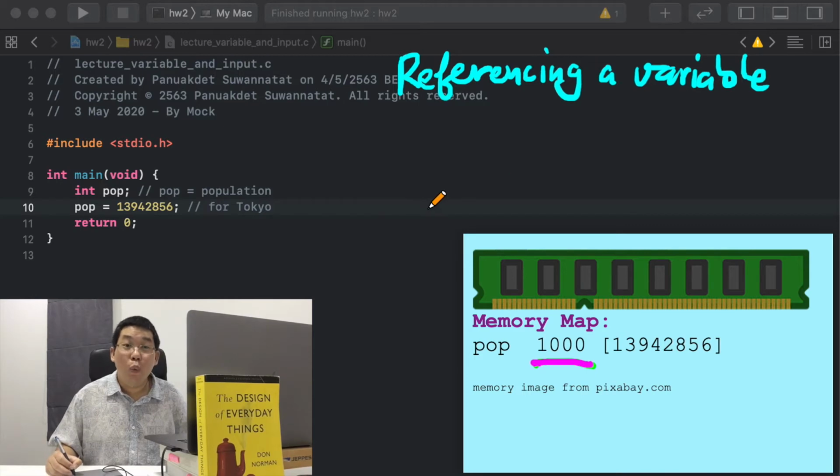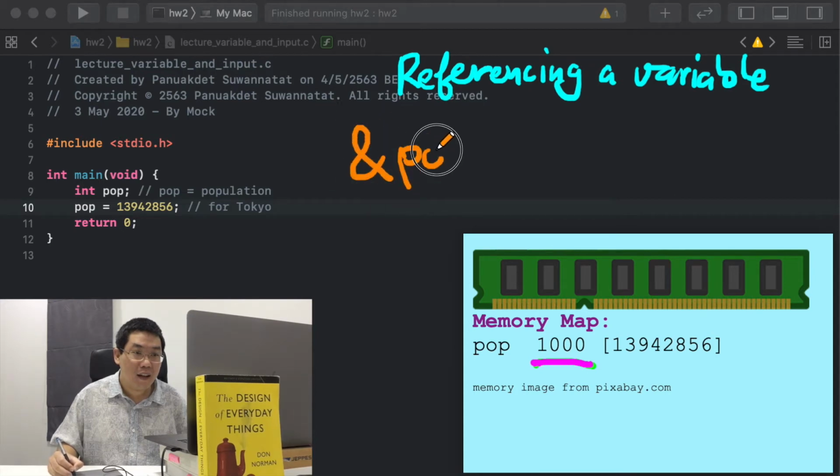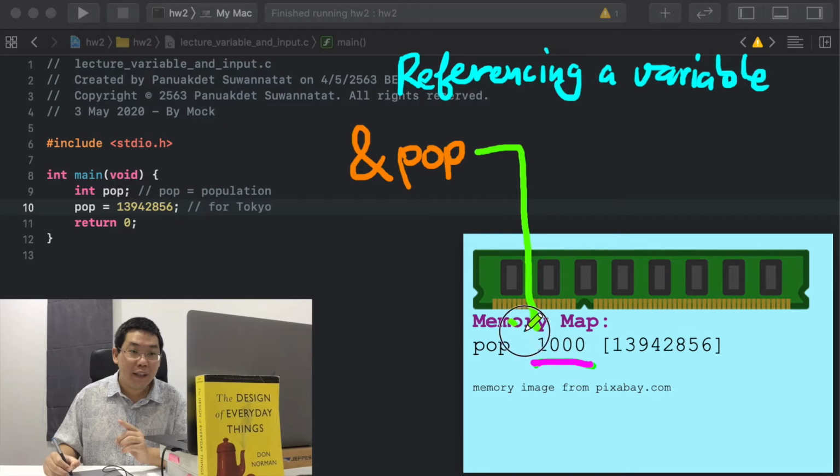And we do it with an ampersand like this. When we put an ampersand in front of the variable name, it means the location or the address of that variable inside the memory. And in this case, it's 1000.